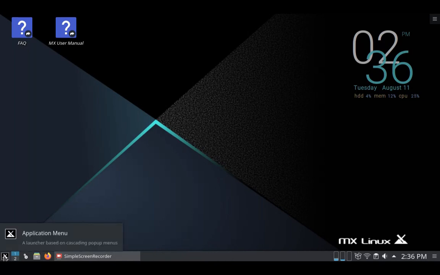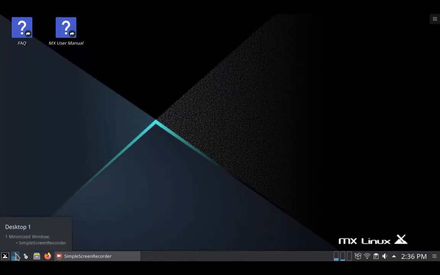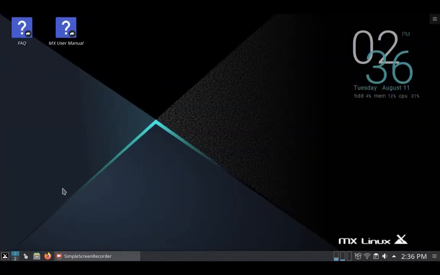Of course, the menu I showed you. This is a pager for two desktops that are configured. System settings, Dolphin File Manager, Firefox, an area where your open programs are shown,